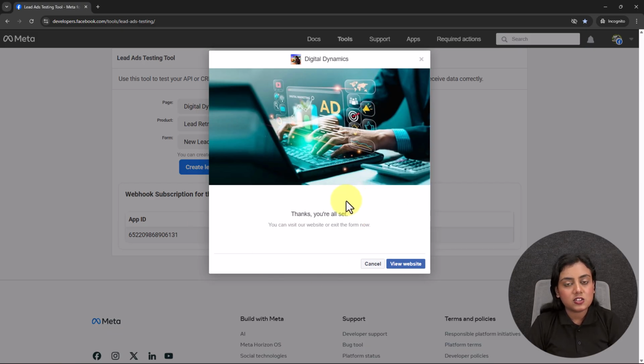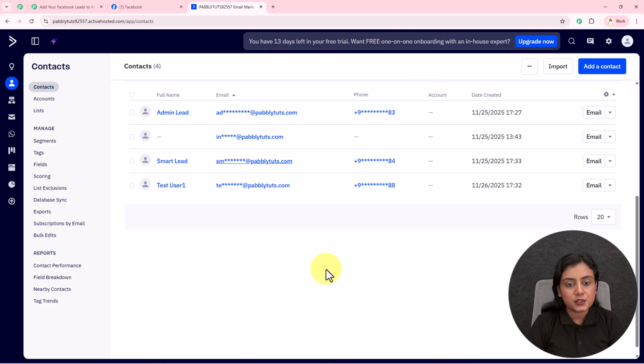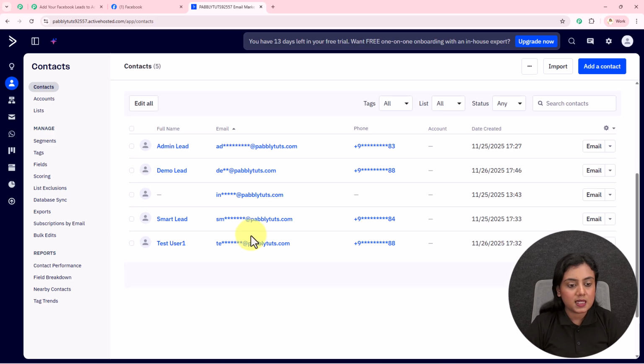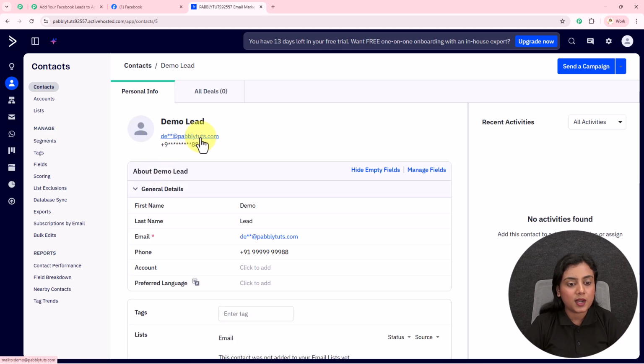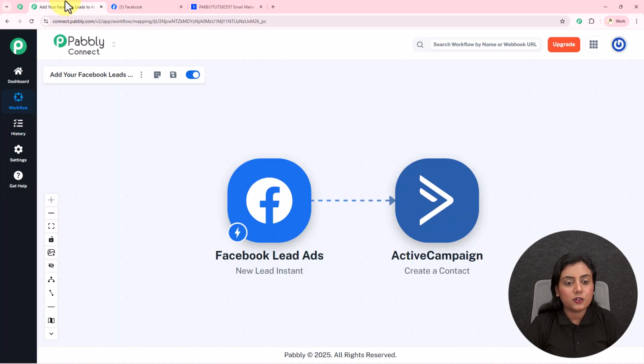As now the test lead is generated, let me go back to my ActiveCampaign account and check whether a new contact has been created or not. So let me go back to my ActiveCampaign account. So this is my ActiveCampaign contacts page. I'll refresh this page from here. As I've refreshed the page, you will see a new contact has been added in the name of demo lead, email demo@pabblytudes.com with the same phone number you can see right here. Okay. So now this is how this amazing automation is going to work in real time,